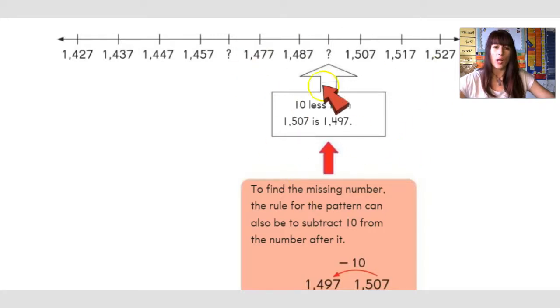Okay, so let's look at the numbers we have here. The number that I have here is 1,457, 1,477. So we said that we're going to use the rule to subtract, and we're going to subtract by 10 because here only the tens are changing. So I'm just going to go back by 10. I'm going to take away 10 from the number after the missing number. Okay, so here we have 1,477 minus 10 will be